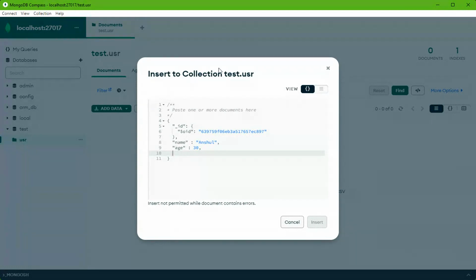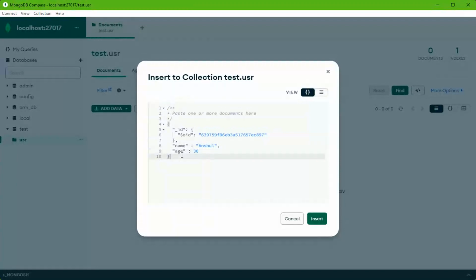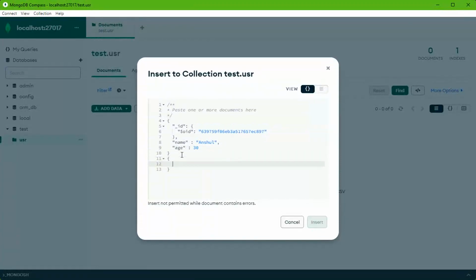Insert to collection test user. So this document will get inserted into the collection test user. You can add more than one document as well. So this is one document, age, name. Let's have age and name only. Then I can have another document inside this. It will also have an ID.